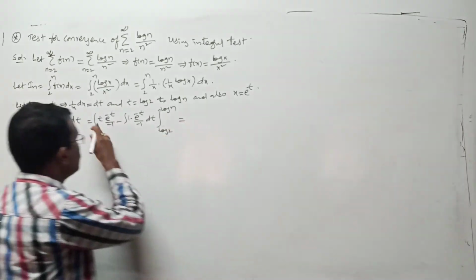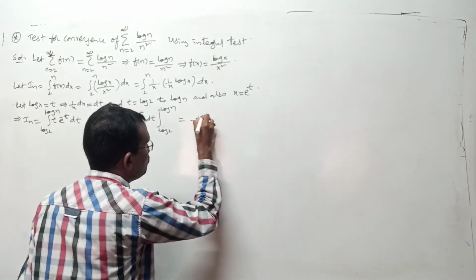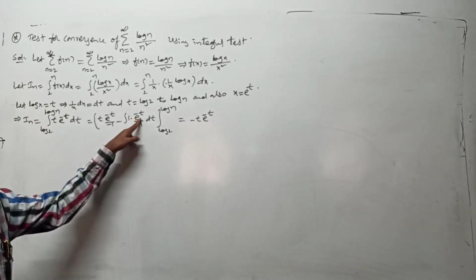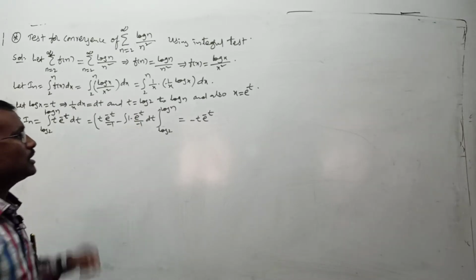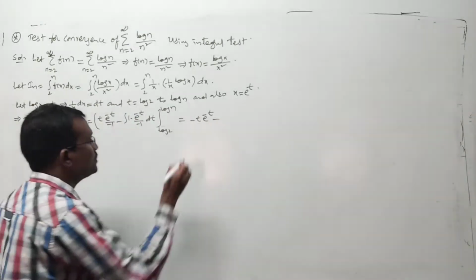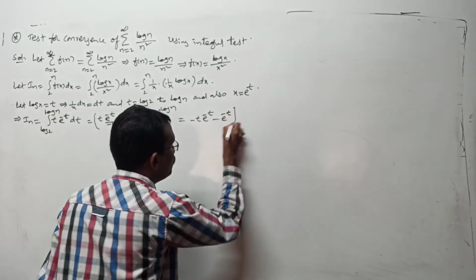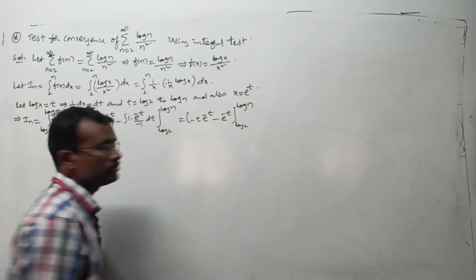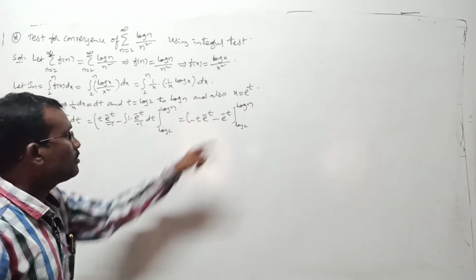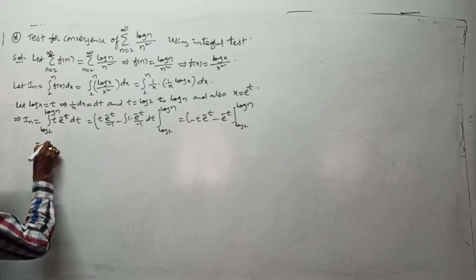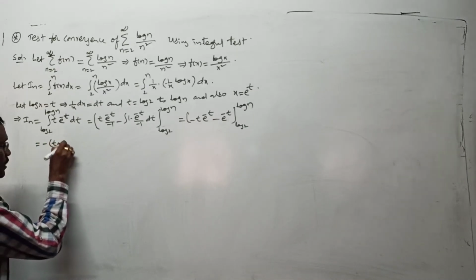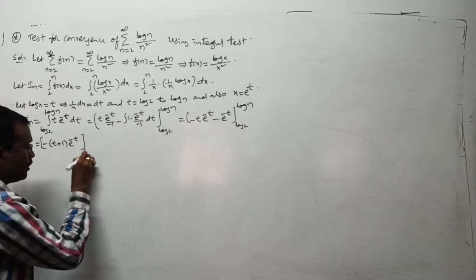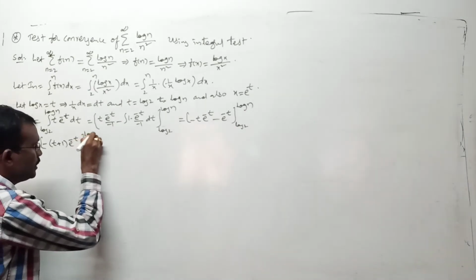This is minus t into e power minus t, into e power minus t. Again integration of e power minus t is what? Minus t by minus 1, minus into minus becomes plus. This minus remains as it is. Minus e power minus t within the limits log 2 to log n, right? Here take minus e power minus t common. I am writing like this: minus of t plus 1 into e power minus t within the limits log 2 to log n. Any problem here?